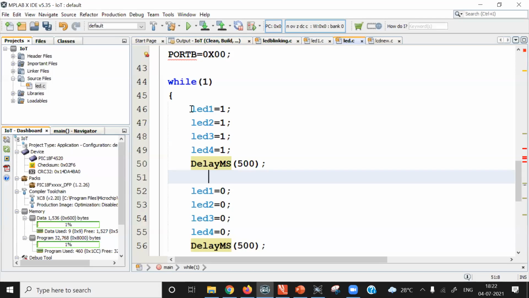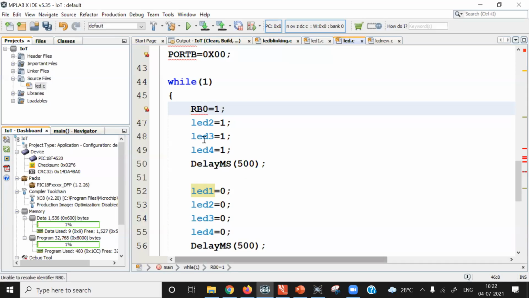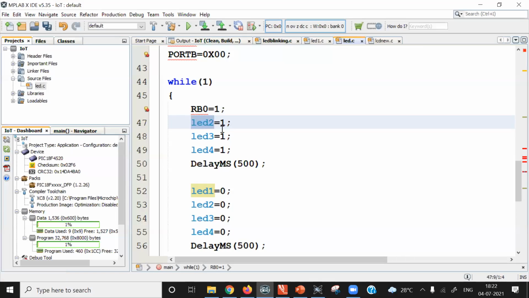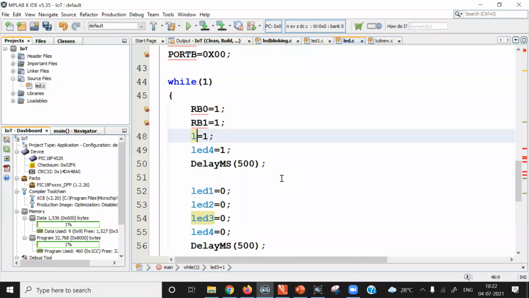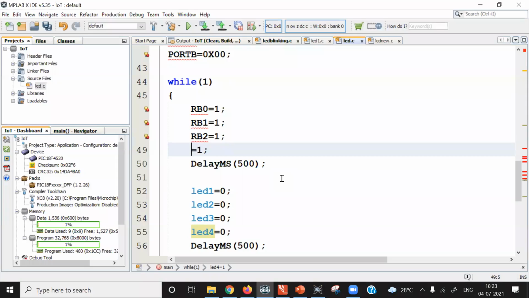Now instead of LED1, we can directly write here RB0. You will get the same result. There are multiple ways to access individual port pins of the microcontroller. RB0, RB1, RB2, RB3.